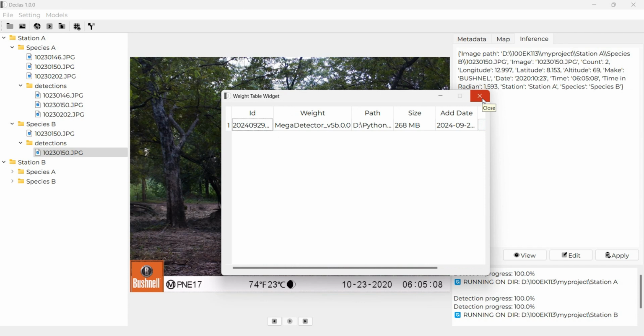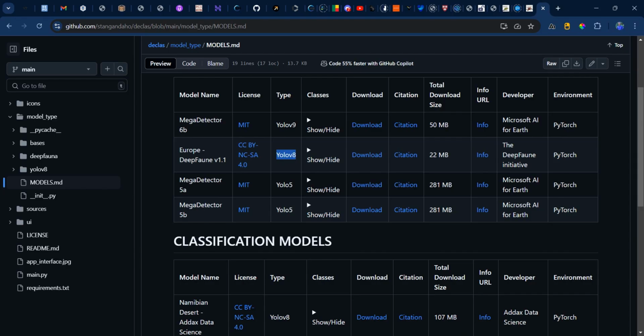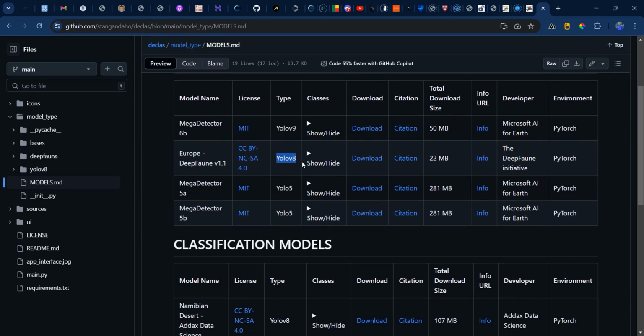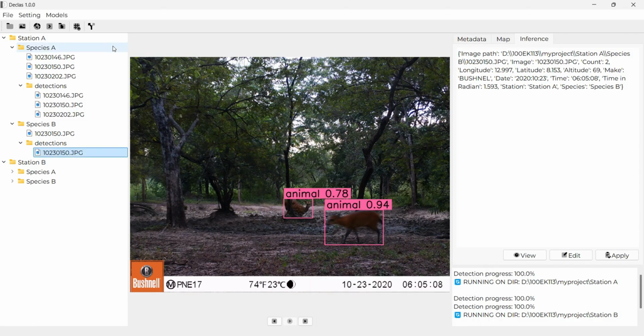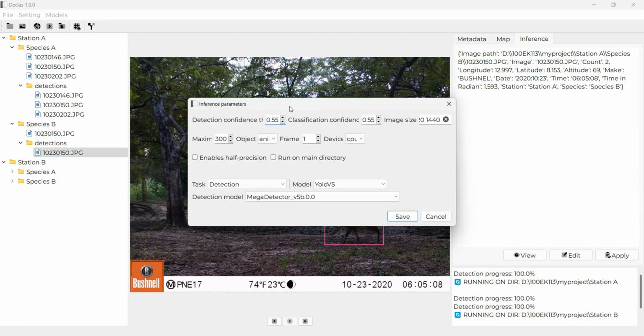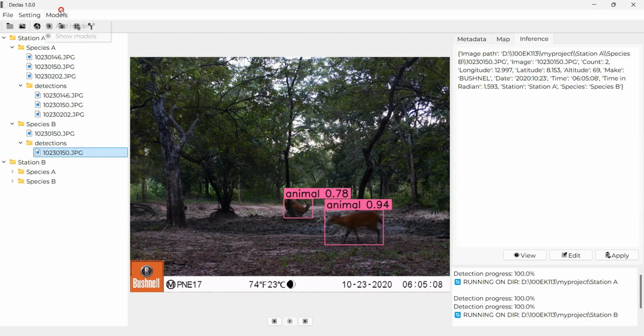If you want to use another model, for example, the latest version of Mega Detector, I already showed you how you can access this model here. I leave the link in the description section of the video. You can download Mega Detector version 5. This must be a last preview version, but I will not cover this. If you want to test on your side, try to download and add this model, or provide this model to the class here. You provide the model here.